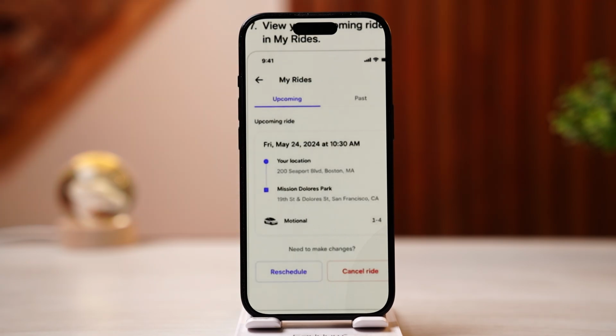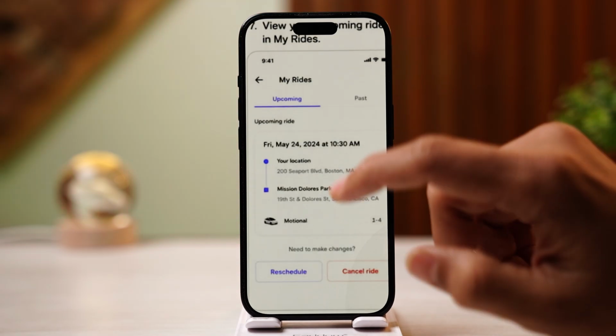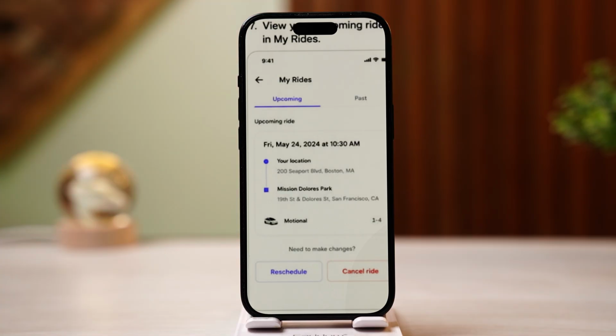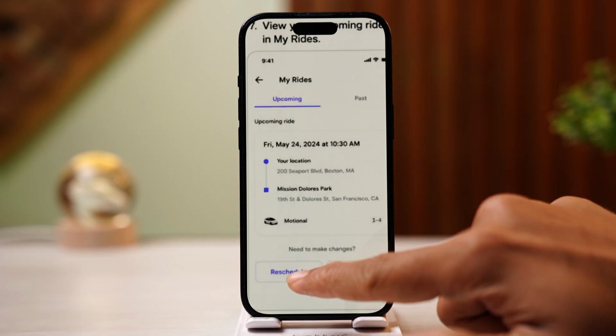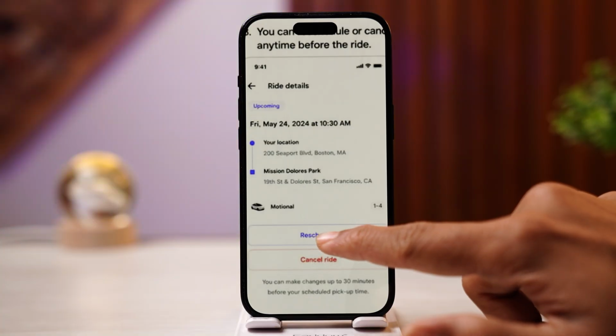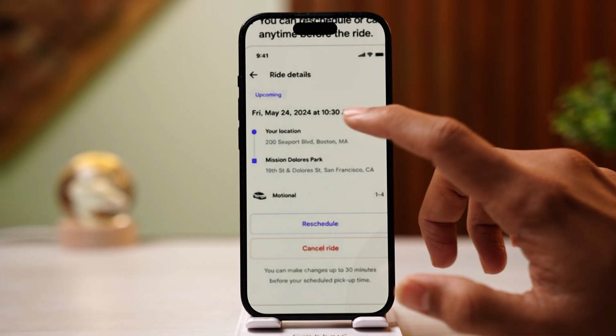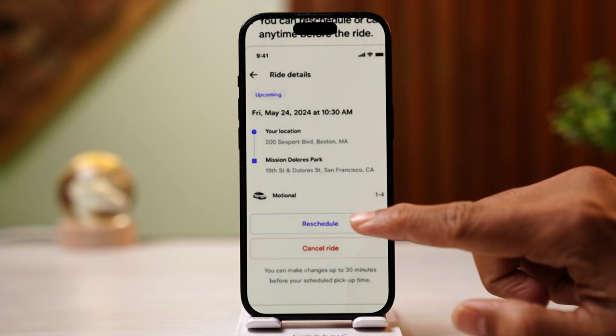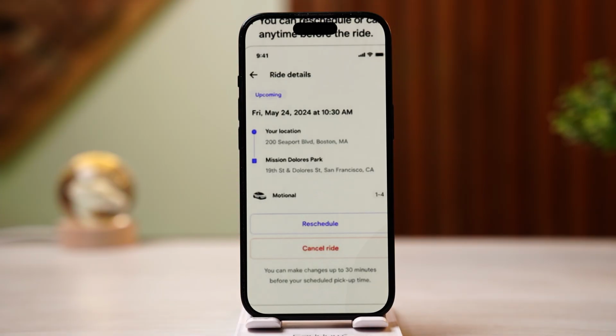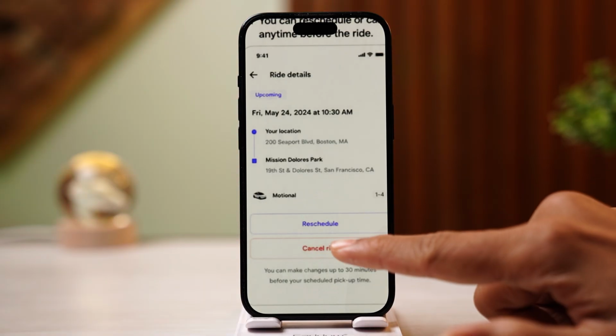If you want to reschedule your ride, you want to simply go on my rides, and here you will see two options called reschedule and cancel ride. You want to simply tap on reschedule. After that, you want to tap on reschedule again. After that, you'll be able to select your time over here by tapping on your ride details and simply tap on reschedule to reschedule your ride, or if you want to simply cancel it, you can tap on cancel ride